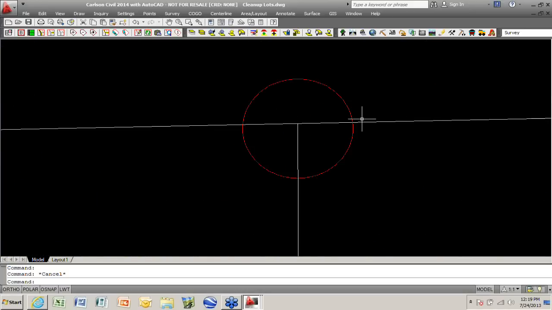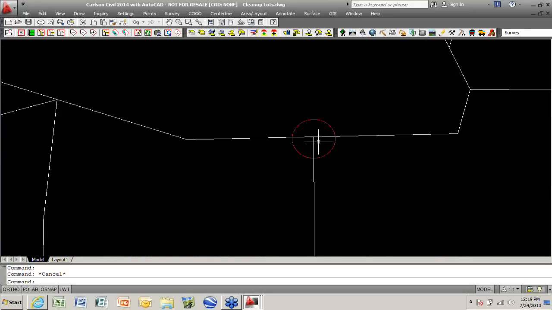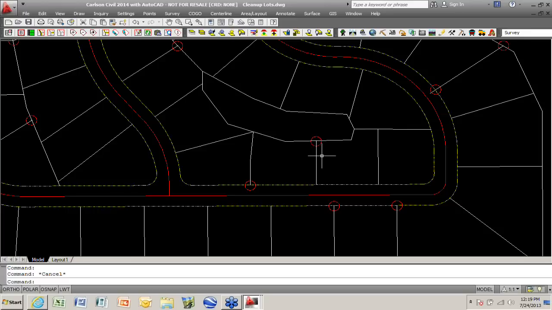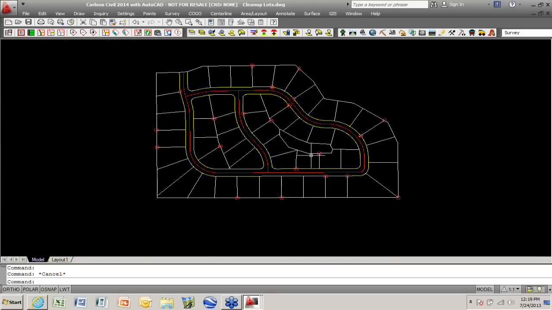I feel like this is a command that is going to be very beneficial to just about everybody that deals with lots. And from what I'm seeing and hearing from clients, there are a lot more lots being worked on right now, which is good for our industry. All right, so